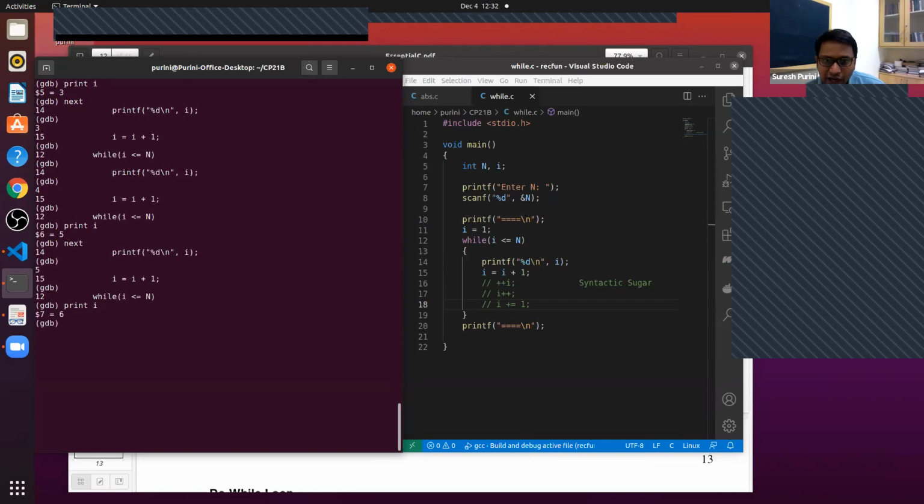Now when line 12 gets executed, what will be the Boolean expression value? Is it true or false? It is false. So since it is false, we come out of the loop. And the next statement after the while statement is printf, and it gets executed. And that's it. Are you all with me on the while loop? You can use this while loop in your programs. So in assignment 1, feel free to use a while loop to solve the problem.